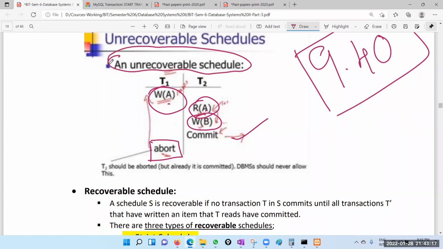Let me explain recoverability with a very simple example. Okay, say there are two students, X and Y. Y needs